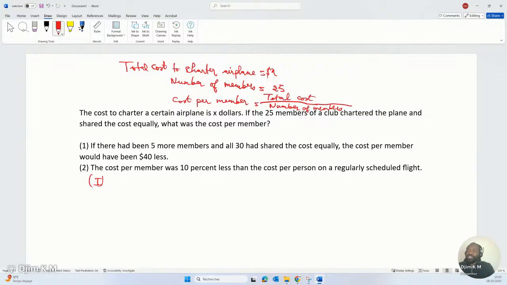So what this means is that X over 25 minus 40 is equal to